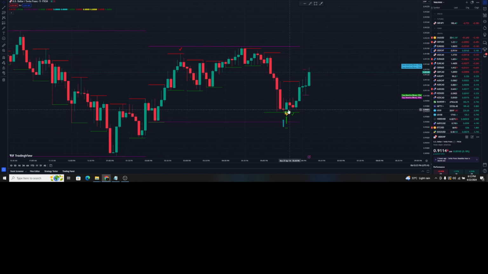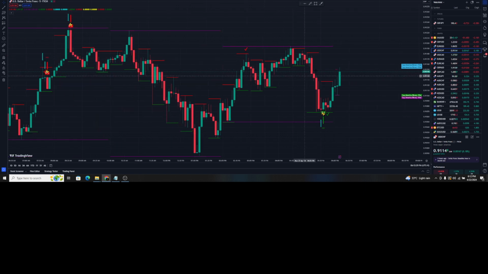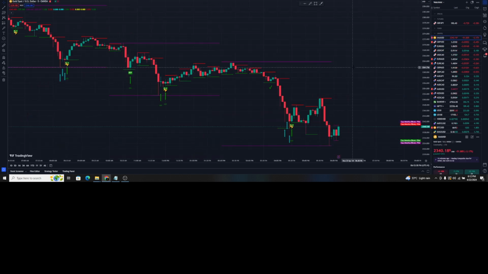Now if we look at that scenario, you can see that the price is down. It makes the green line. We have the buy signal, the price is up. And now you can see the market has almost reached a resistance level, so now you can wait here. Okay, let's have a look at gold, how it is performing.